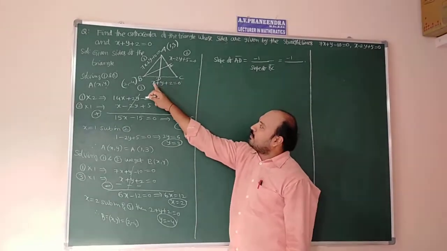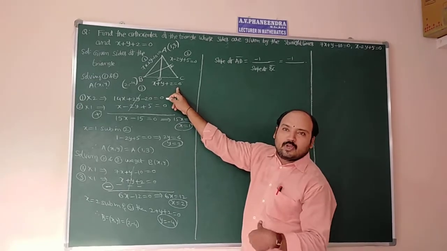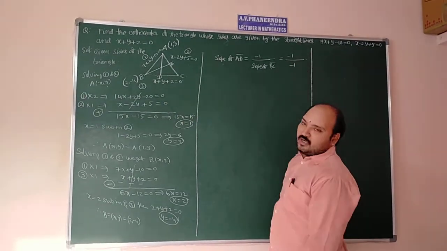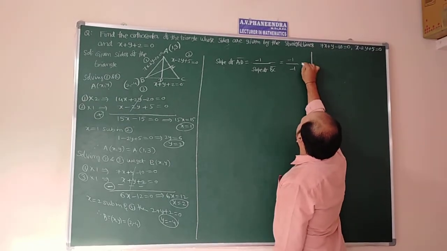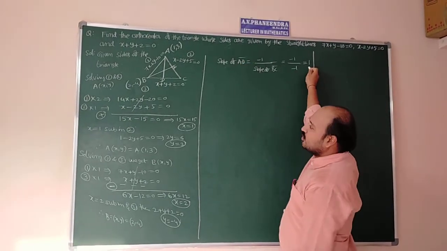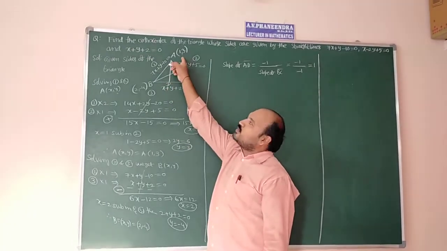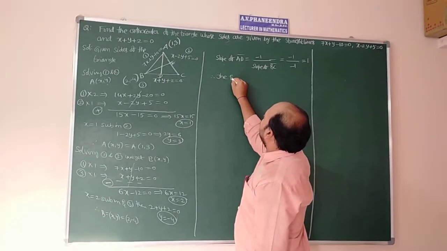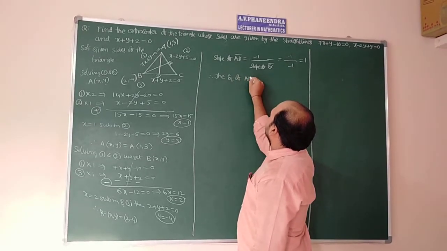Whenever an equation is in the form ax plus by plus c, we can define the slope as minus x coefficient by y coefficient. That means minus 1 by 1, that means minus 1. So slope of AD, which is minus of minus 1, is equal to 1. This line is passing through which point? 1 comma 3. Therefore, the equation of the AD altitude